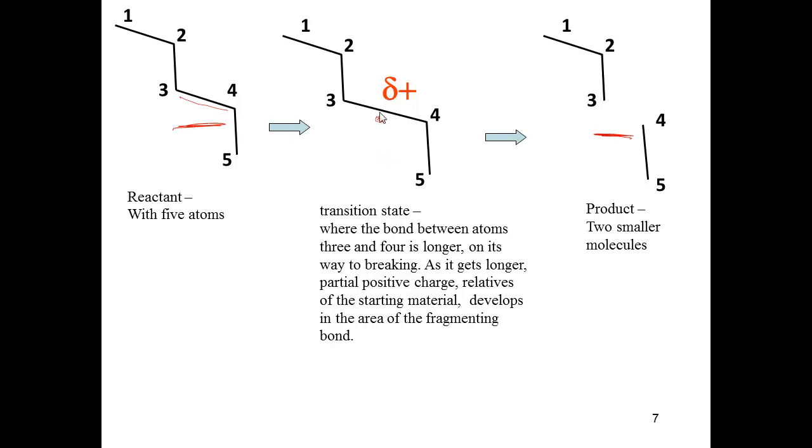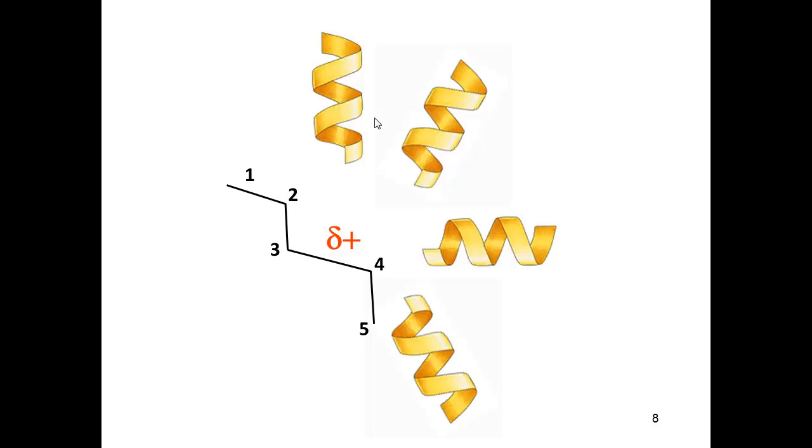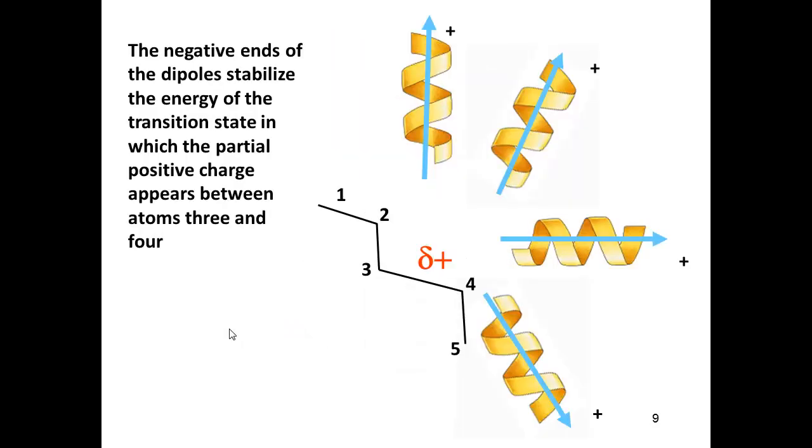So you can think of a partial positive charge appearing in this instance at the midpoint of the bond. So now we're going to place the transition state of the molecule in our hypothetical active site. Now we're seeing the dipole moments that sum on the alpha helix from the individual amino acids and peptide bonds, and we see that focused here on the active site where we have partial positive charges,